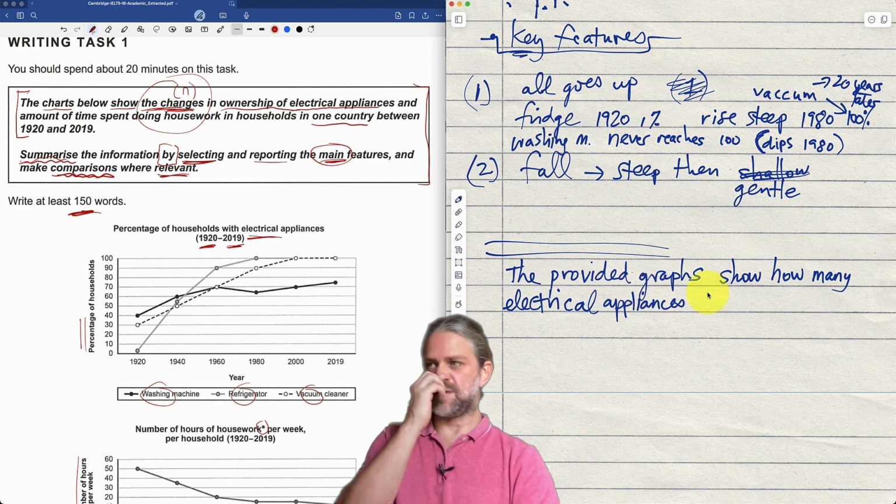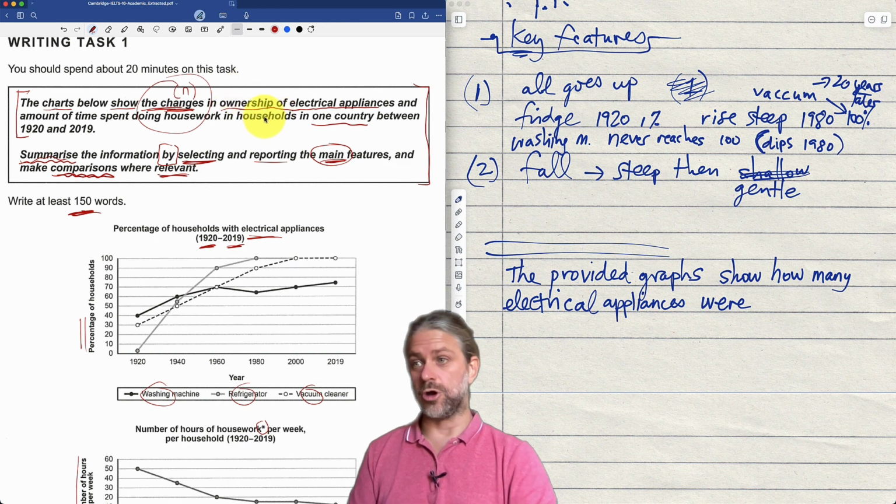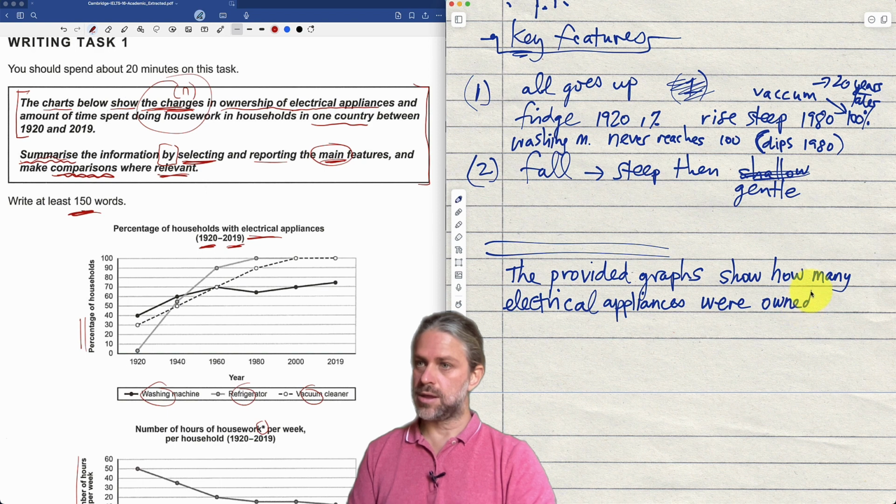So the provided graphs show how many electrical appliances were used. So owner, to own something, I'm a user of it. Were owned, let's even use that word. And now we've said in a country, in a certain country,